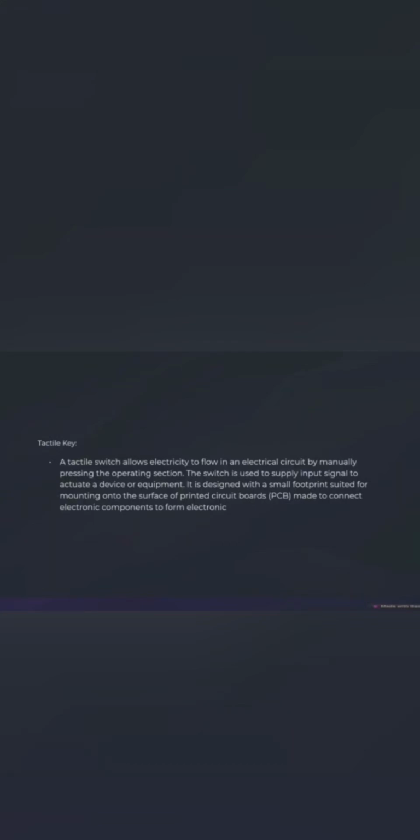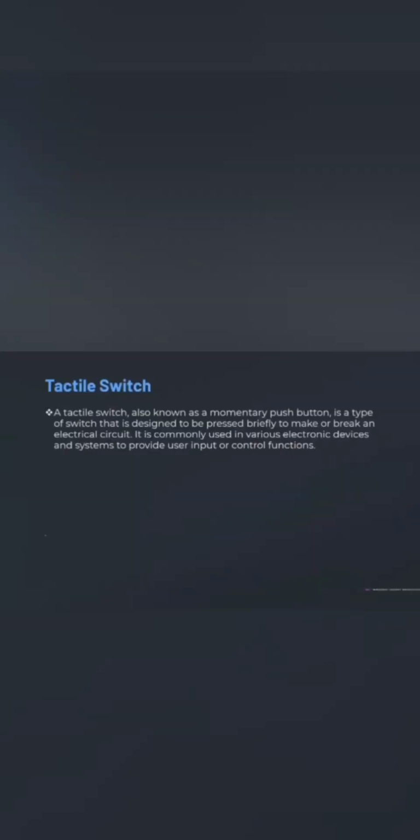Tactile key. A tactile switch allows electricity to flow in an electrical circuit by manually pressing the operating section. The switch is used to supply an input signal to a device or equipment. It is a design with a small footprint, mounted on the surface of a printed circuit board, known as PCB, made to connect electronic components to form electronic circuits. A tactile switch is also known as a momentary push button, and it is a switch designed to be pressed briefly